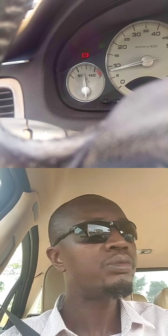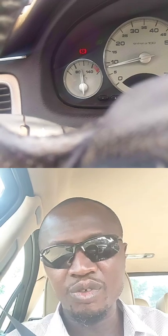So you're looking at close to 800,000 to 1 million naira to buy and rebuild a 2.0 liter petrol engine in a 504, 505 carburetor engine. You need to spend close to ₦1 million for the engine to be sound. So you have to be careful. Stop taking the 504 and 505 for granted if you own one. Otherwise, it will cost you so much that you may not be able to keep that car